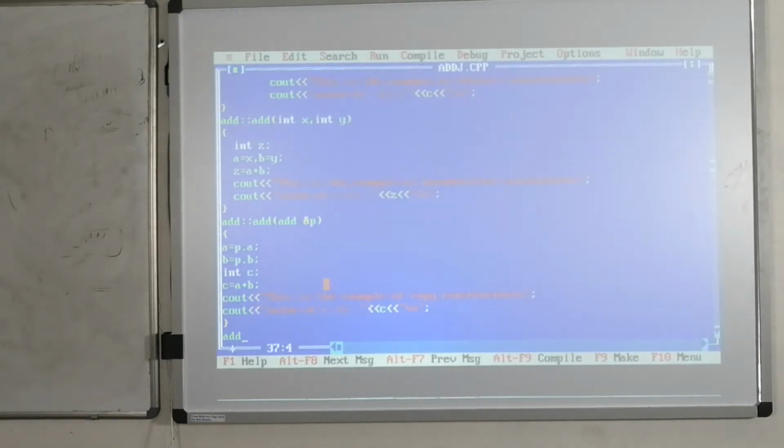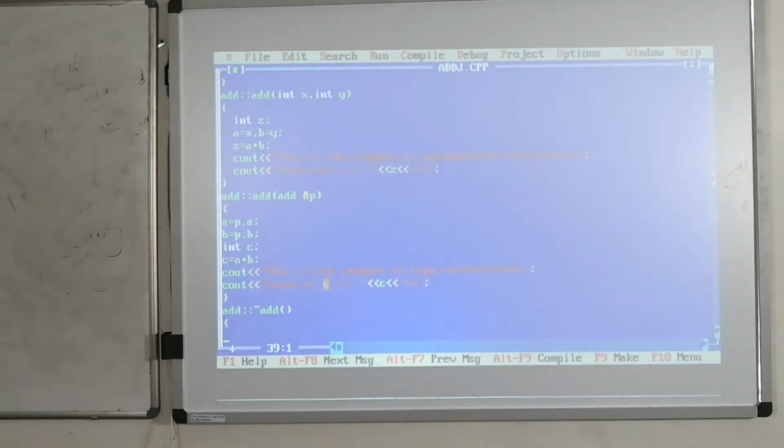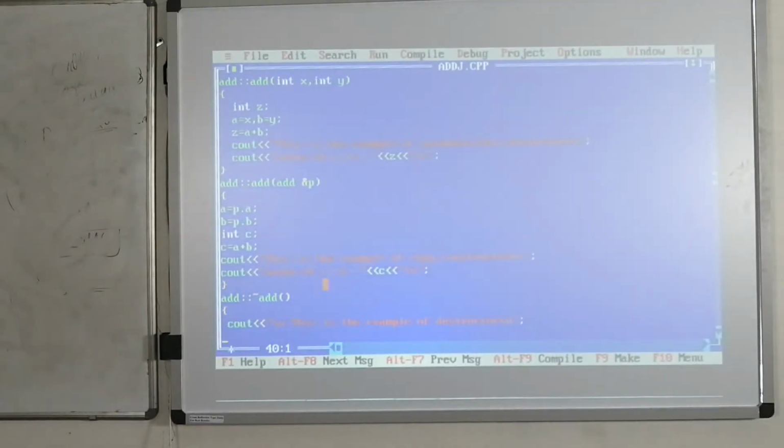Then class name followed by the destructor name, open the braces, cout, this is the example of destructor. Here, see, this is the example of destructor.